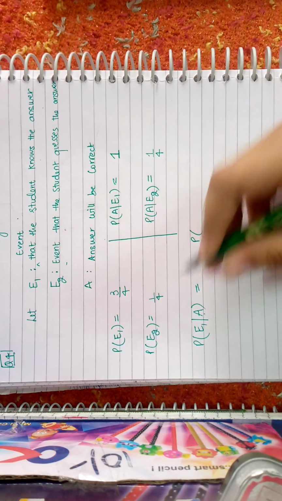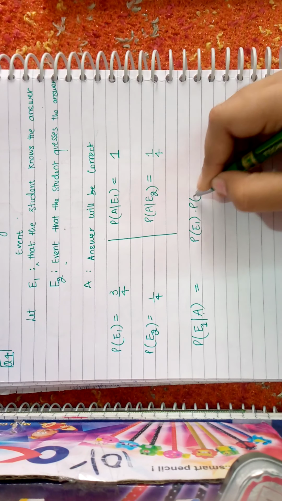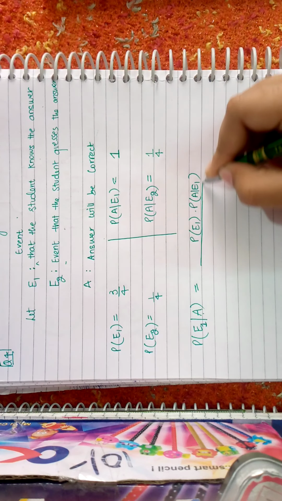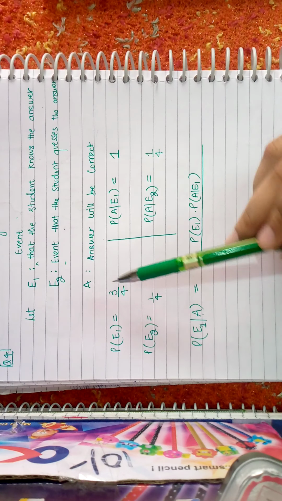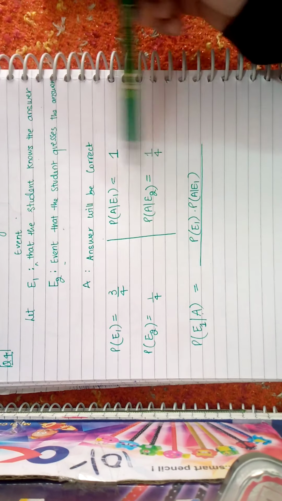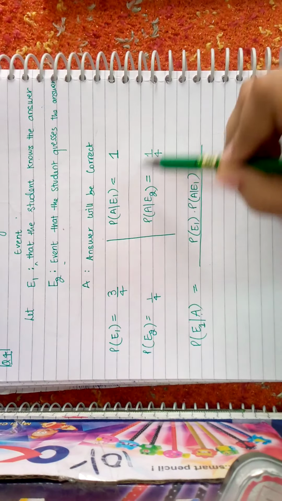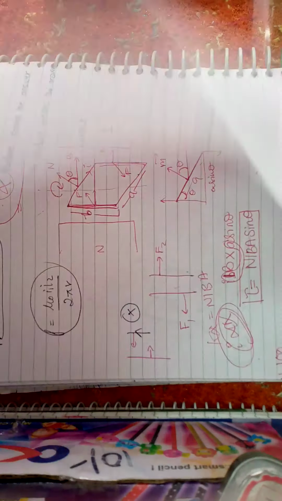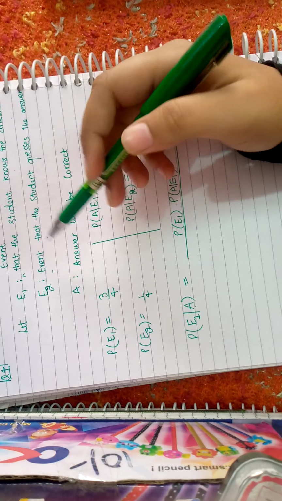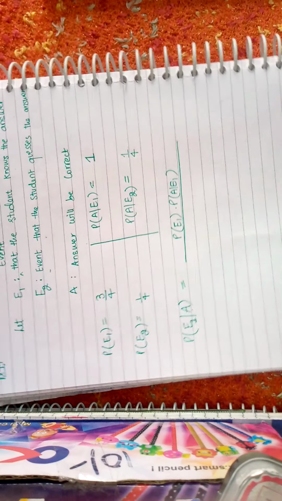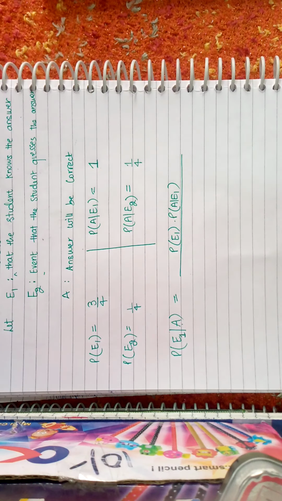Now, according to the formula, as we all know, P(E1) into P(A/E1) upon the total probability. I wrote it like this, with a line, only because you can easily multiply by seeing it like this. You don't have to turn up the pages and see where is what. It's an easy way, and for a shorter time, we have to do this.